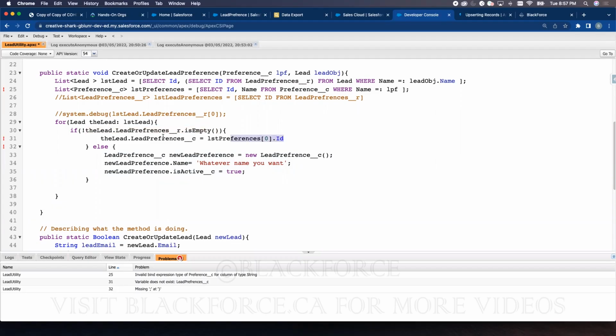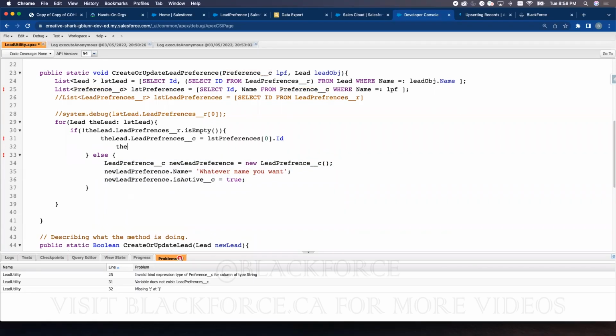Then we are updating it with the ID of the preference center, of the preference. If it is not present, we just go and create a new stuff. So what we could also do is we could just say delete.preference.active or whatever it is, and we update the active status, but we're not updating active status because we're just